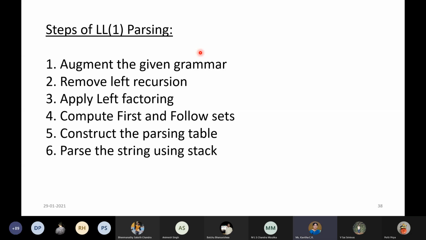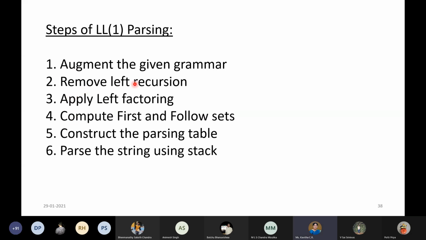Coming to the steps, we will have to follow these steps for all the problems that are solved using LL(1) parsing. The first step is to augment the given grammar. Then you have to see whether left recursion removal is required or not for that particular grammar. Then apply left factoring. You know the reasons why we have to do all this.